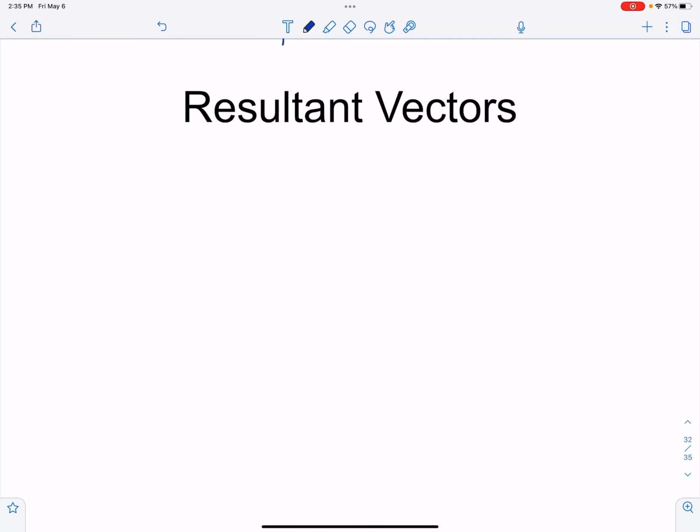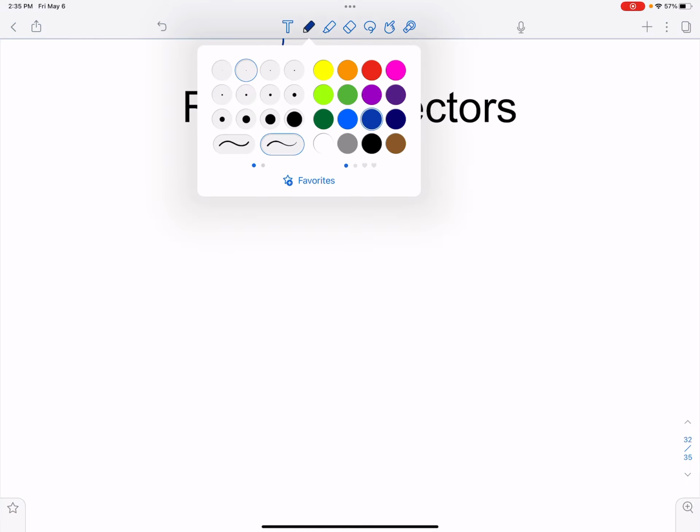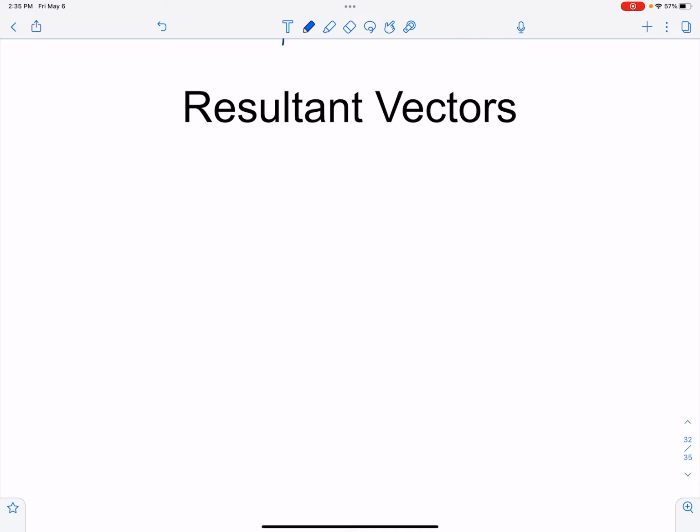So in this video, we're going to look at some situations where you're going to find resultant vectors, some applications where the goal is to find resultant vectors. Remember, a resultant vector just comes from adding two vectors together. So before we look at actual examples with different values, let's think about this situation: let's say that you and your friends are at a river